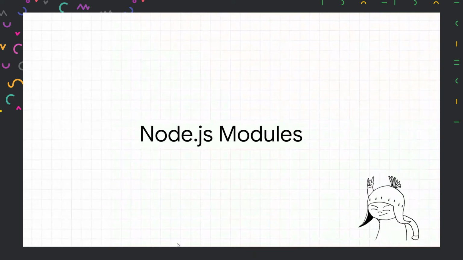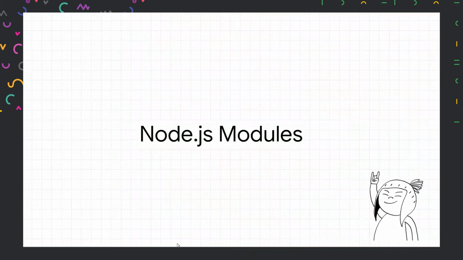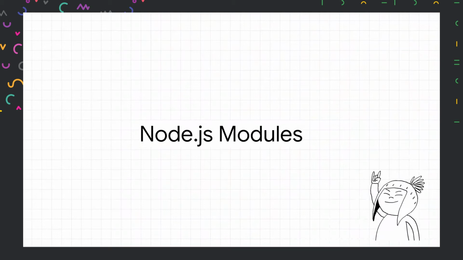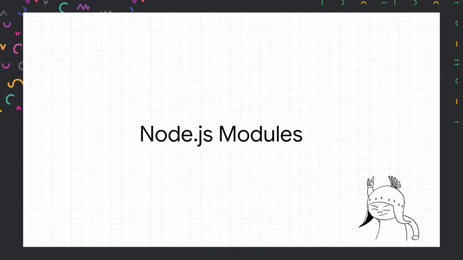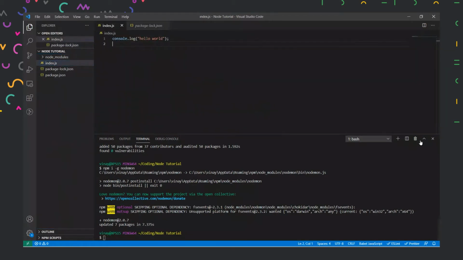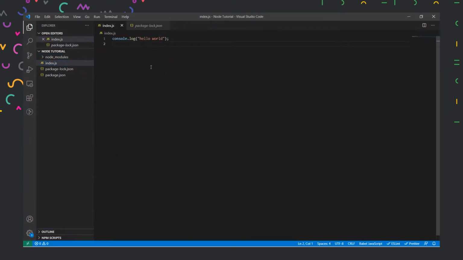So Node.js comes with its pre-inbuilt modules. We can, of course, access them. We could create our own modules as well, but it comes with its own modules too. So now we are going to learn all of these modules. But before learning how to use modules, first I'll tell you how we can create our own module, and then how importing and exporting works. So I'll create in index.js itself. Let's say I have another file called person.js.